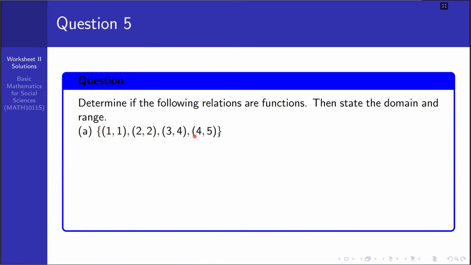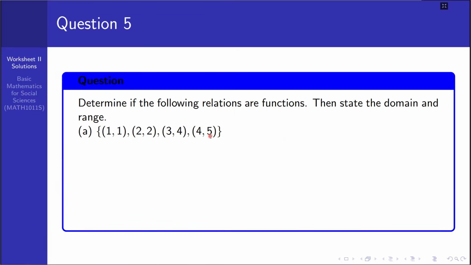(3,4) and (4,5). I think it is a function because all the first entries, the domain elements, have only one image. So what will the domain be? The set containing all the first entries of each element, so that 1, 2, 3 and 4